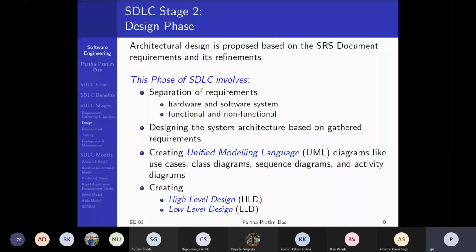And particularly for these two phases, the requirements capture and design phase, we will make use of another language tool, which has become very, very popular over the last 2 decades, I should say. It's called the Unified Modeling Language. I will talk about this in a separate module. It is a diagram-based language which uses icons or diagram components that are well defined. So when you write the specification in English,